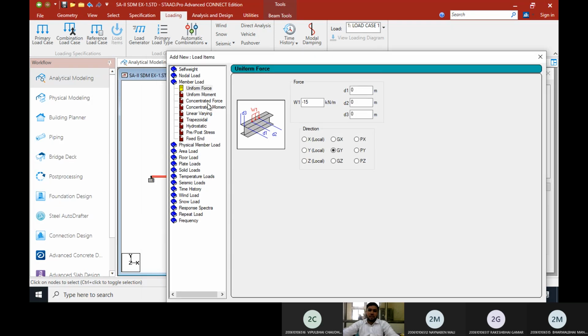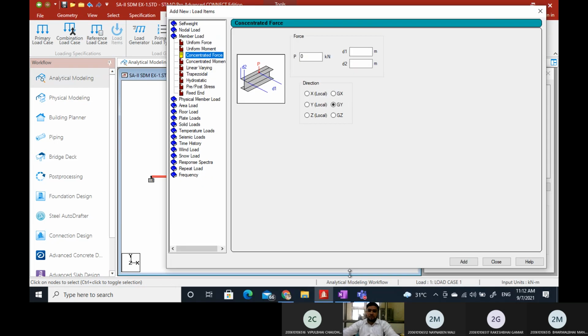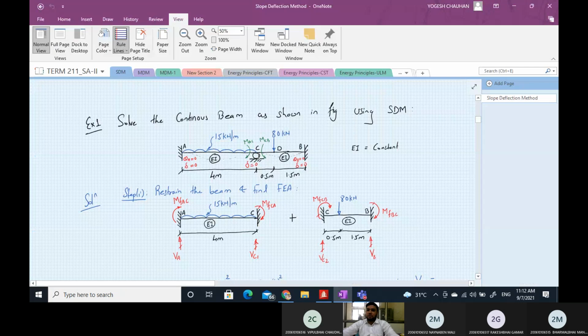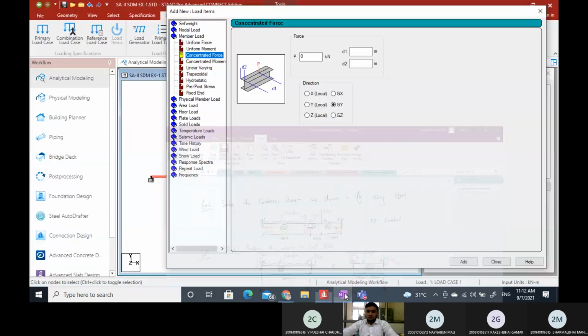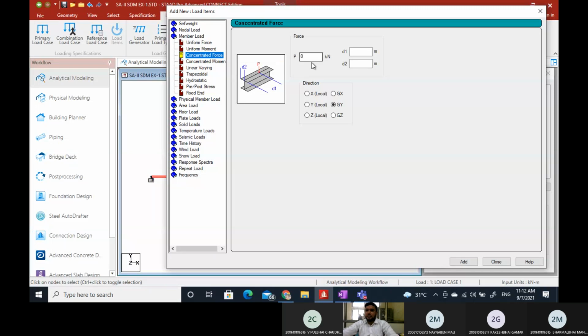Then click concentrated force. We have to apply the point load also. Okay, on member CB we have to apply the point load of 80 kilonewton. So again it is acting in downward direction. So minus 80. You can select the direction of the load. If your load is in horizontal direction, select GX.